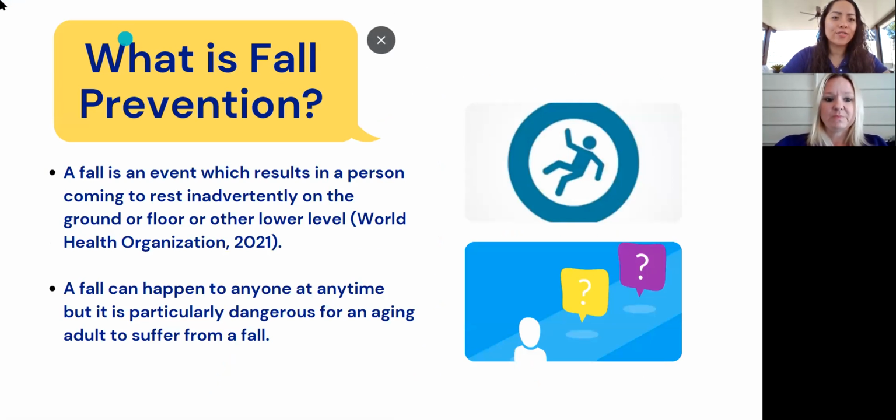Okay, so now what is fall prevention? A fall is an event which results in a person coming to rest inadvertently on the ground or floor or lower level. A fall can happen to anyone at any time, but it's particularly dangerous for aging adults. So it's very important that we educate ourselves a little bit about fall prevention, not only for our safety but also for our health, meaning that any kind of fall could jeopardize, like with a hip fracture,